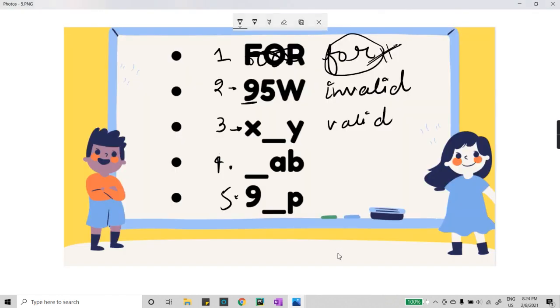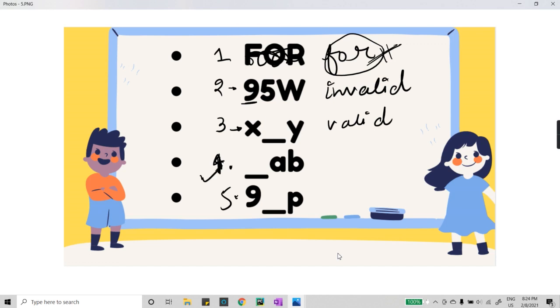See, the fourth question is a valid identifier. We can use underscores in the starting. The only exception is that we cannot use digits in the starting, but underscore is a special symbol that is allowed. So we can use underscore in the starting of our identifier, in the middle, and even at the last also, right?